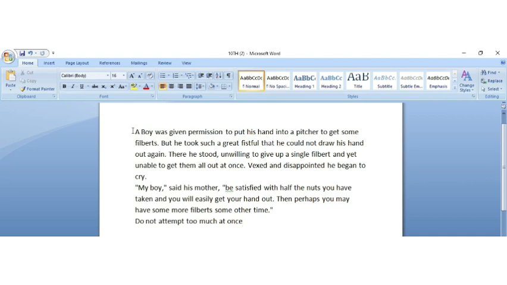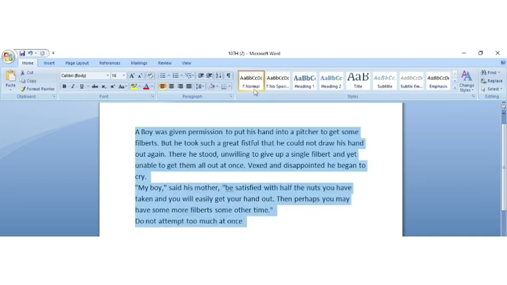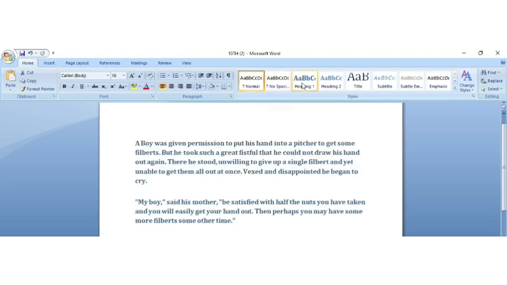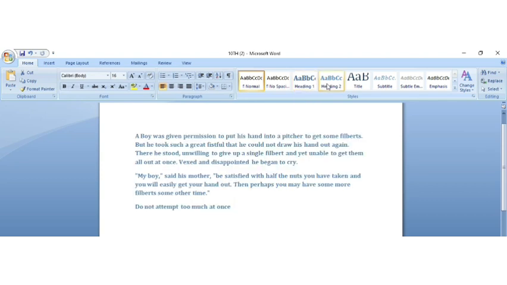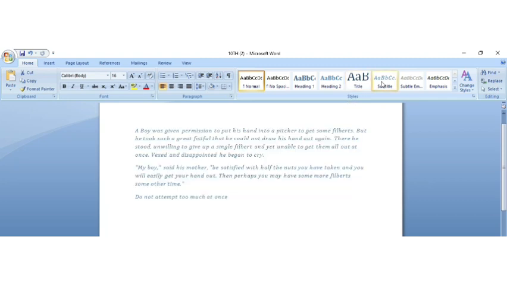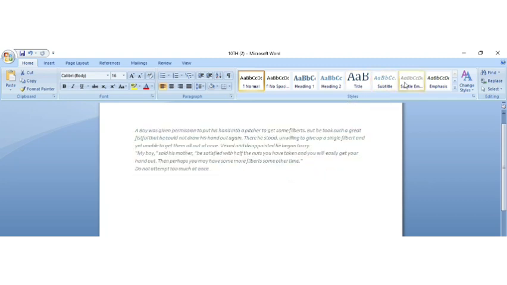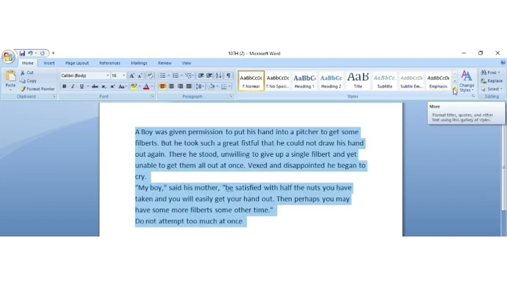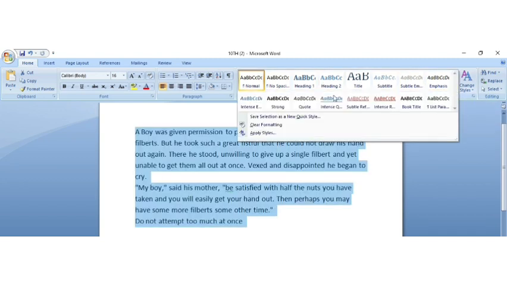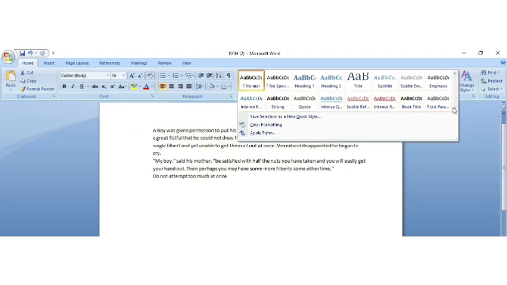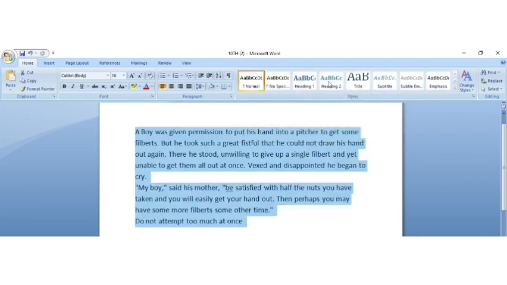So as we have already applied the normal style, when I move the cursor over this style option, you can see automatically that our document which I have written here is changing. Alright. Not only these, when you go to the last option, you will find a More option so that you can use many more. Okay, so I use this one.